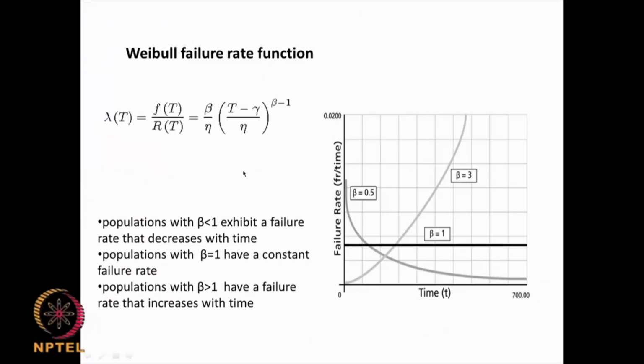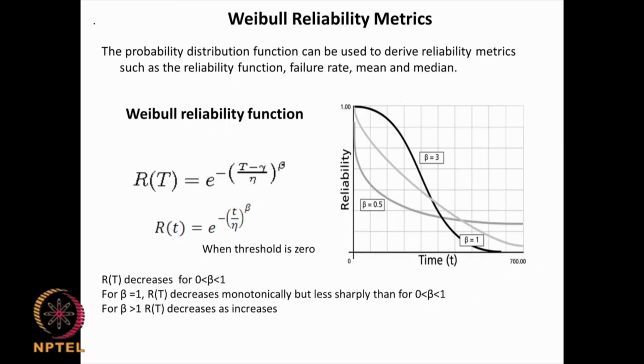Now, I need to know how to get these parameters, like how do I get beta, eta, gamma from the data, and that is what we are going to talk about in today's class. So, if you take the unreliability function and you get rid of this gamma,